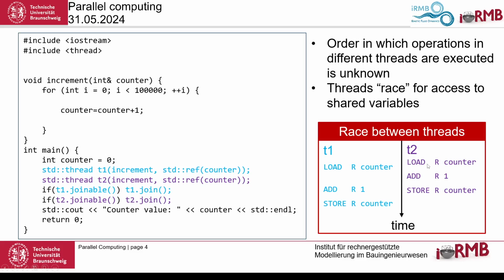You could imagine things like this. By the way, this is how old people like me learned programming. Do you know what this is? This is assembler. Anybody ever programmed in assembler? Okay, at least two. So you know there's a register R and an external variable in the main memory. We load, and this is how we actually do computation; the computer does computation very far down there. We load something into a register, then we add 1 to this register, and then we store the register in the counter, for example. So and now they